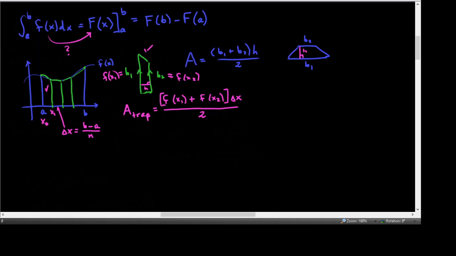What we're going to end up doing to get the area under that curve in an approximate way is to sum all such trapezoids from the first to the nth, and the 2 is a constant and the delta x is a constant. So I'm going to pull those out in front, delta x over 2, and we'll be adding f of x sub i minus